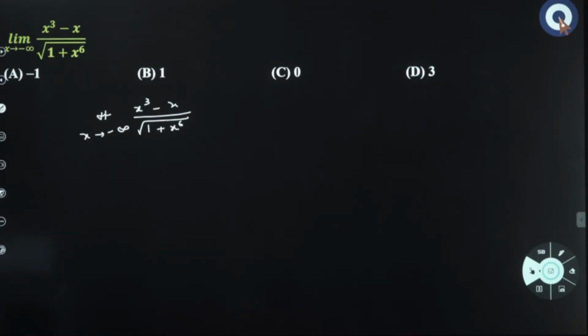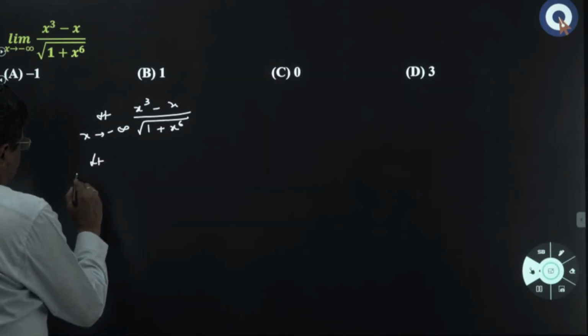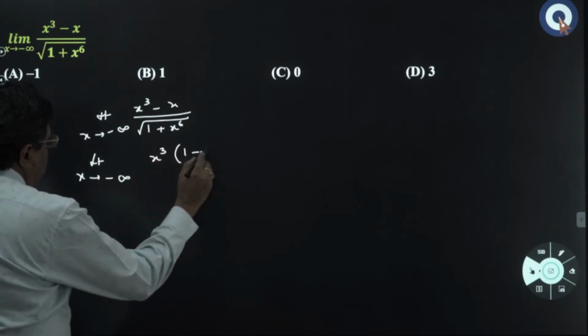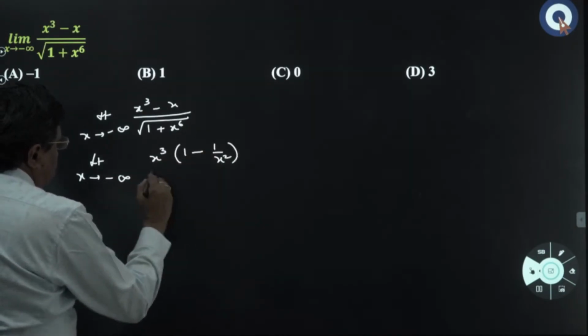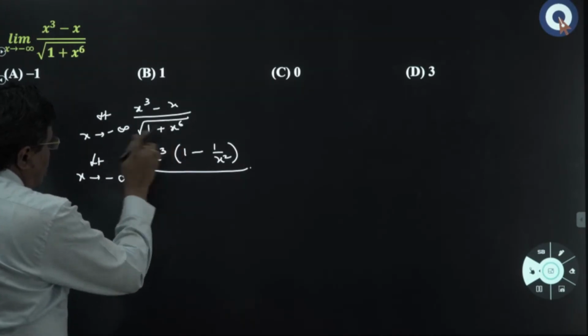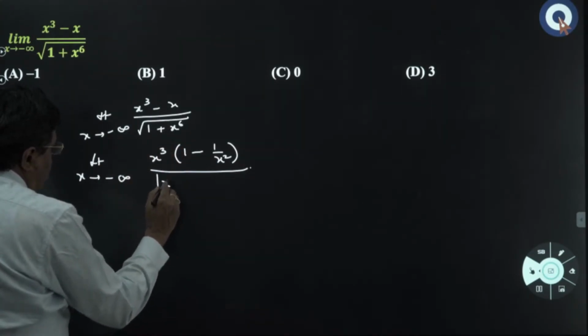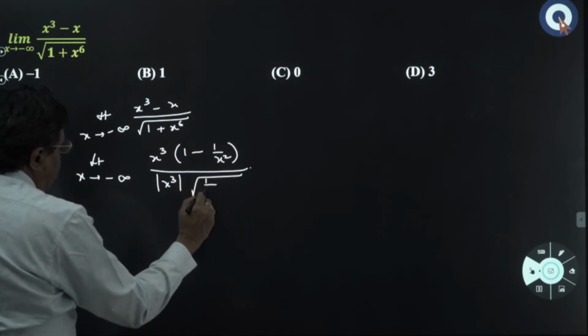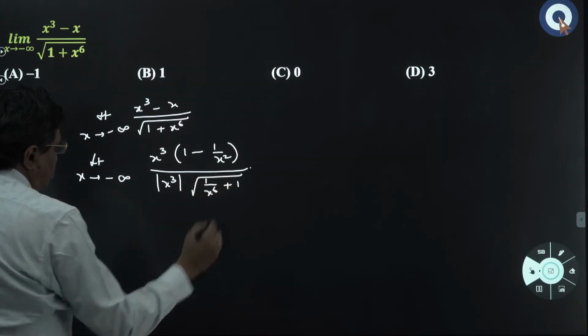So over here what you do, if you take x cube common in the numerator and in the denominator, we get limit x tends to minus infinity. If I take x cube common and if I take x power 6 out, it will become mod x cube and not simply x cube. So that is the point, 1 by root of 1 plus